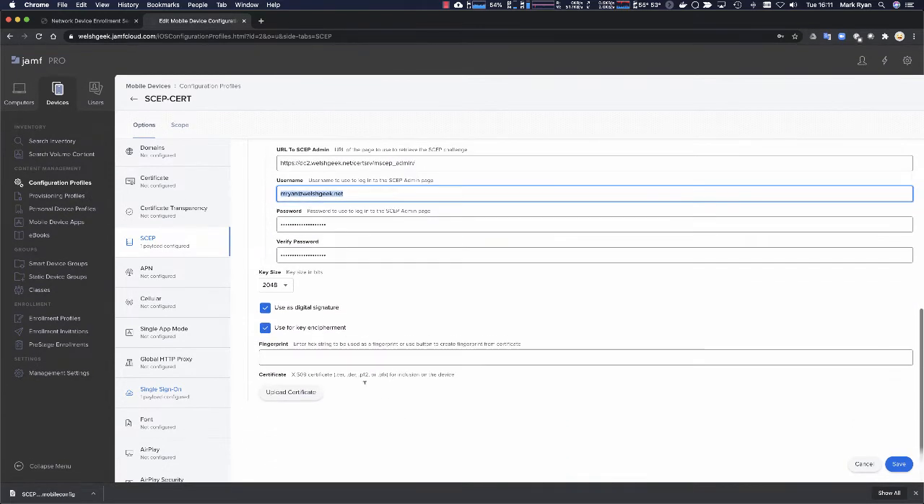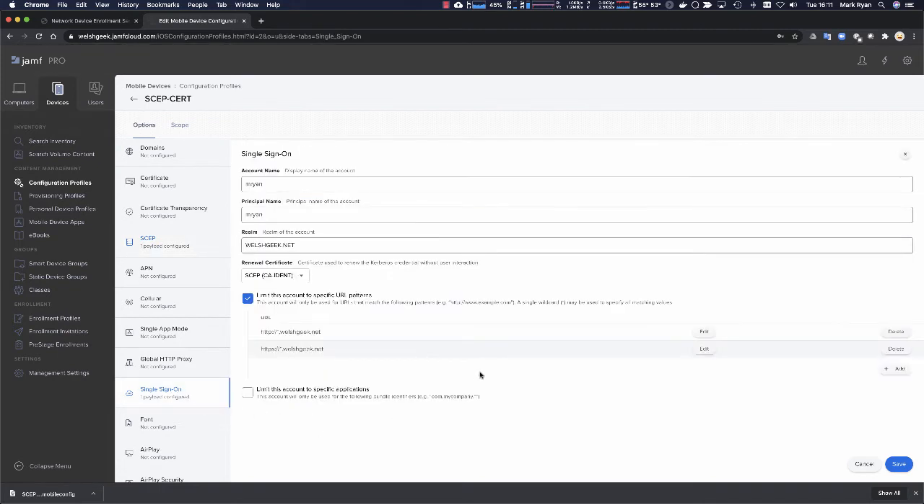The other things that are important, 2048-bit private key. We're going to use it for digital signature and key encipherment. And then in the payload for single sign-on, I then have to associate that certificate with this payload. And it's important that these two things come down in the same iOS configuration profile. So the account name is mryan,